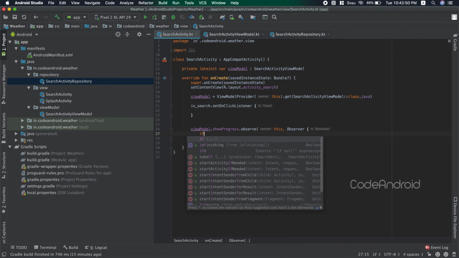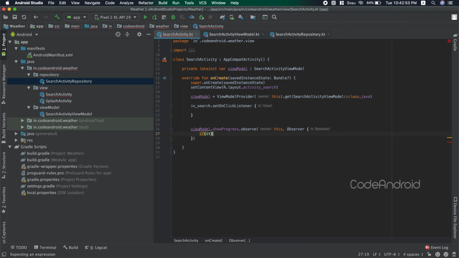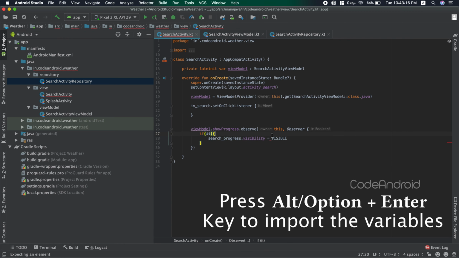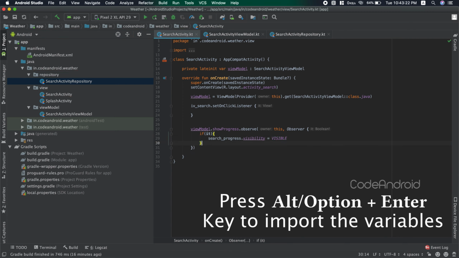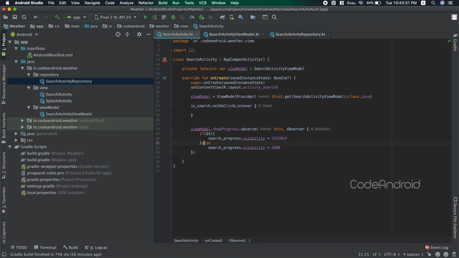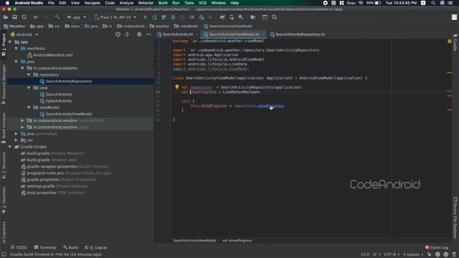If the value of the variable is true, then showing the progress bar. Otherwise hiding it. On click of the search icon, we need to change the value of the mutable live data from repository.